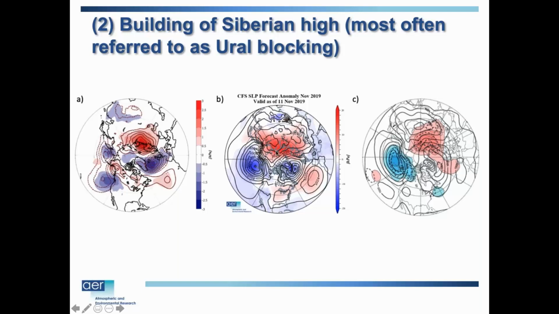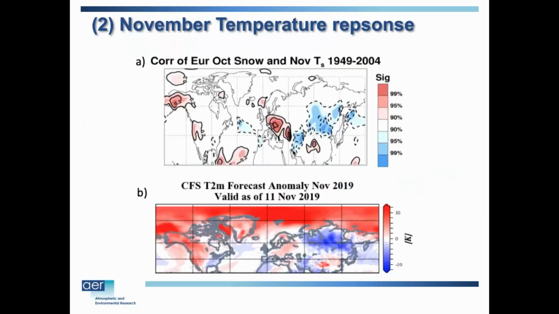Here's a plot, which I sent on the blog, showing that blocking in that same region for the month of November. This is coming out of CFS as a forecast. I did a paper looking at polar vortex displacements and splits, but again, it's the same theme as Euro blocking. Here it looks more like a wave one: strong high pressure over northwest Eurasia and low pressure in the North Pacific. The pattern we've been having looks very large amplitude, long wavelength, wave one, which would be more of a displacement. While in past winters we've had these polar vortex splits, I would think this would be more of a displacement we'll see.